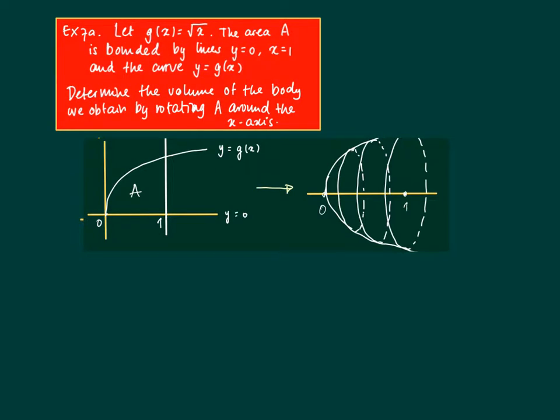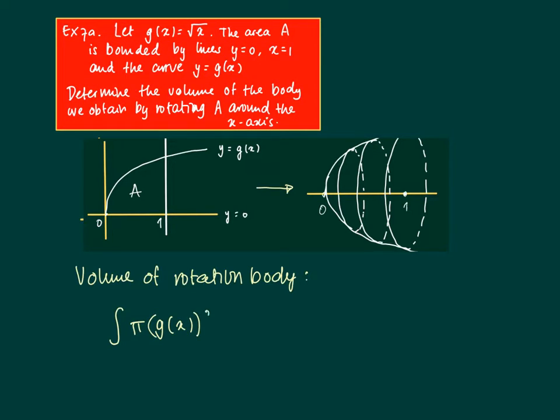Rotating the graph of the function square root of x around the x-axis, between the lines y is 0 and x is 1, leads to the following picture. The volume of a rotation body is then given by the integral from 0 to 1 of pi times the function value squared,